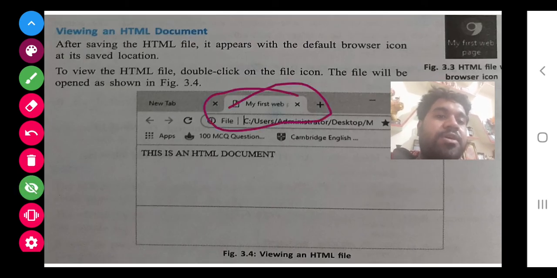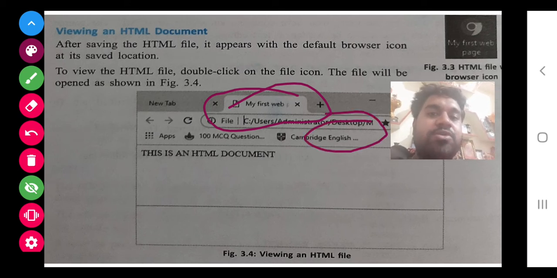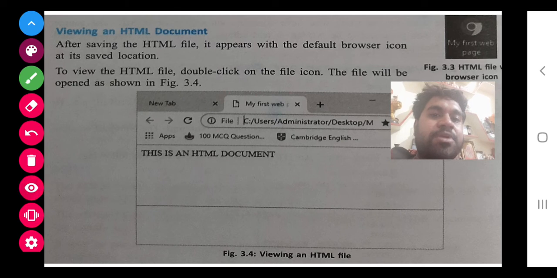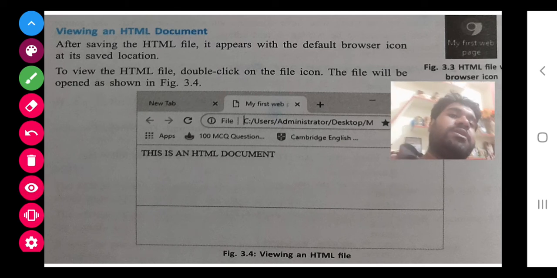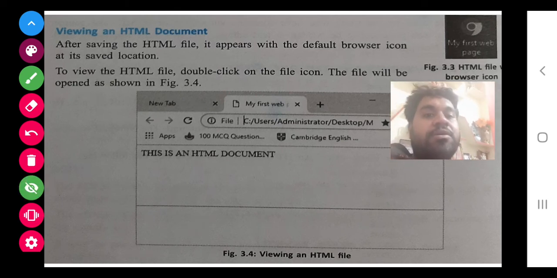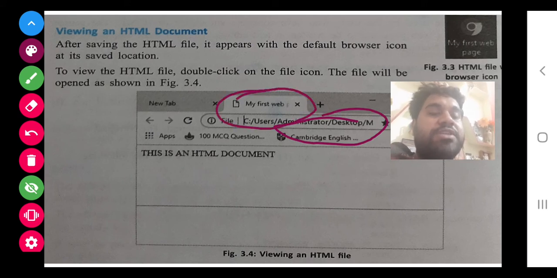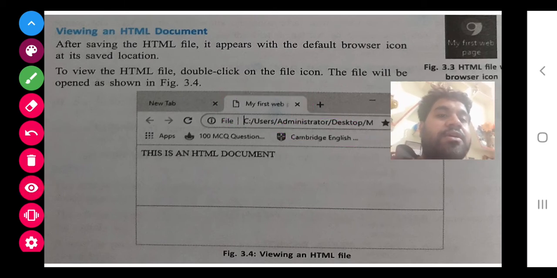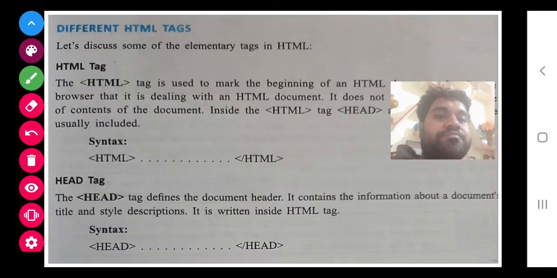Here it will appear, and the file name appears here. So class, these are two different things. Don't mix up. The file name will appear here, and the web page title will be whatever you write inside the title tag.